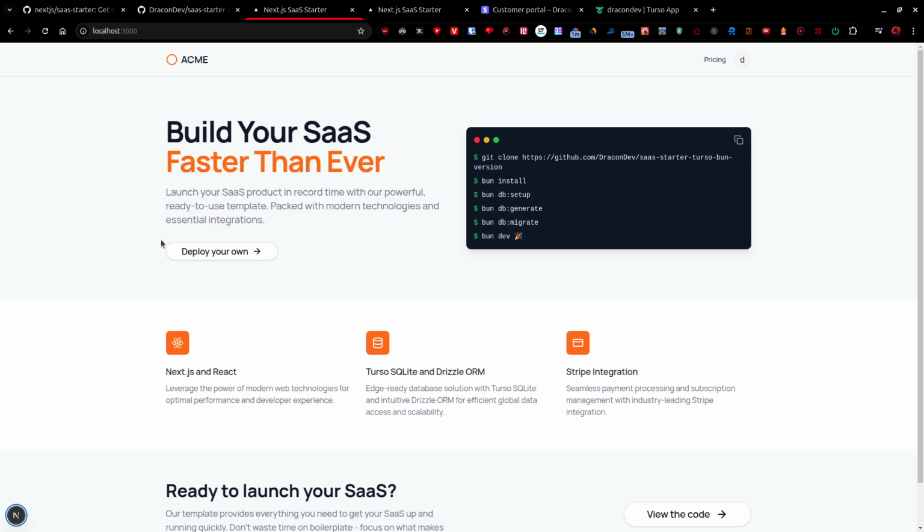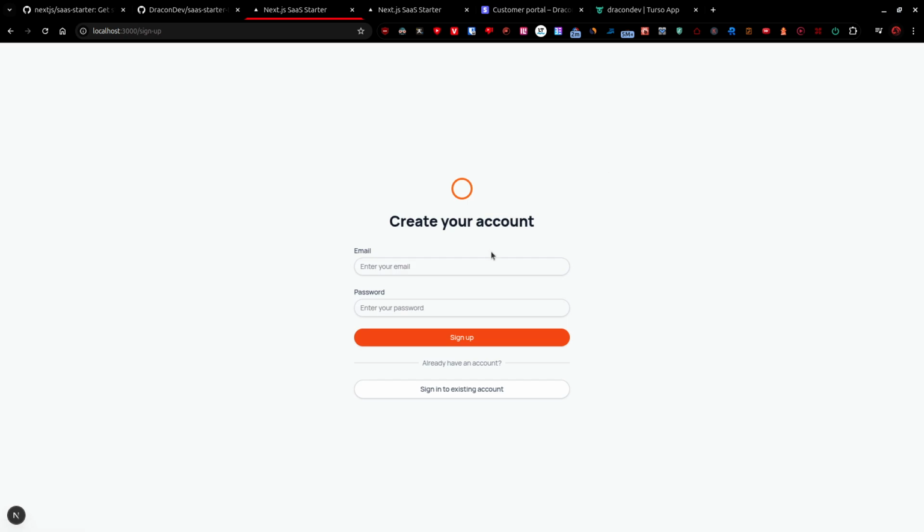By the way, I'm trying to go at a good pace, not going over all the basic stuff. So we have a login, but in this case, I'm not sure if I agree with the style of login that they're going for. So obviously at the top right corner, let's just sign out just to see what we have. So this is how it looks. We can sign up and create a new user. We just type in our email and our password. Our password gets hashed, and of course it gets stored in the database along with our email,